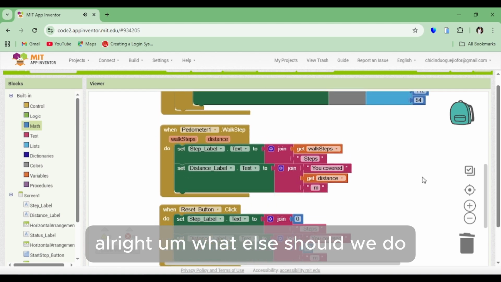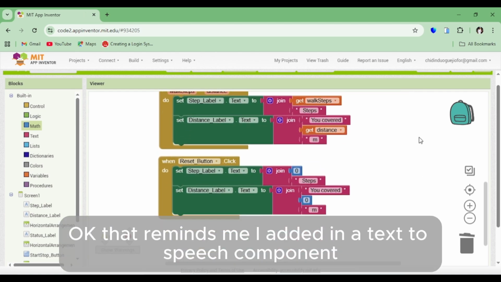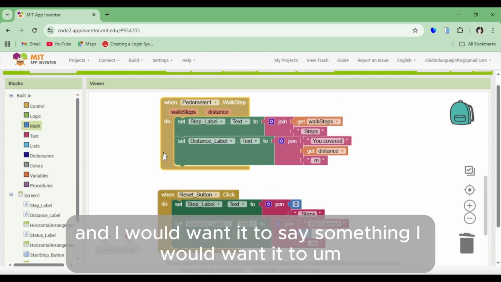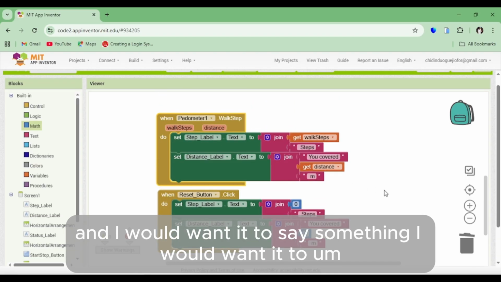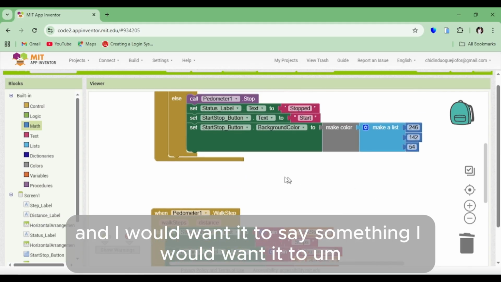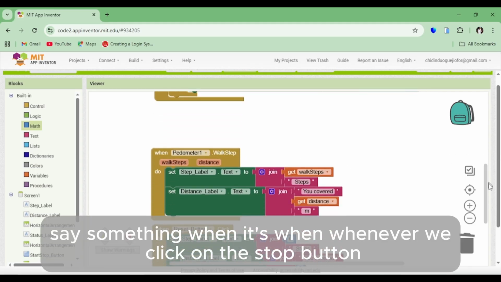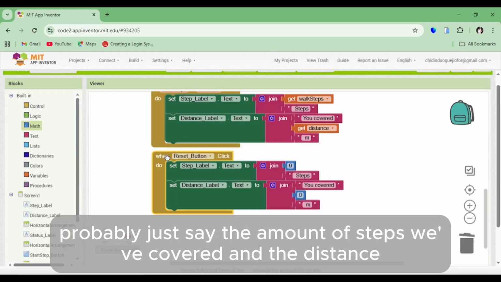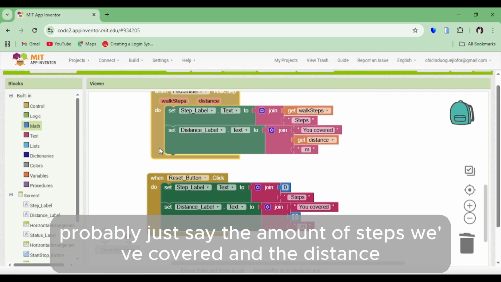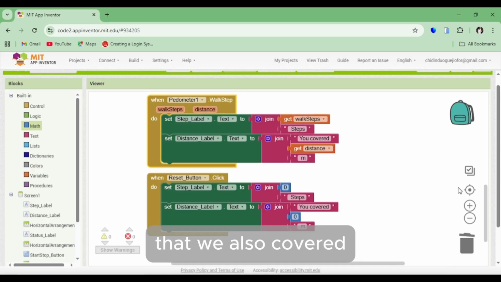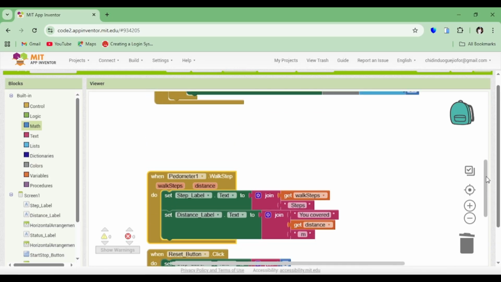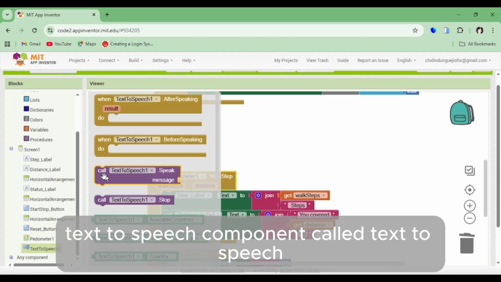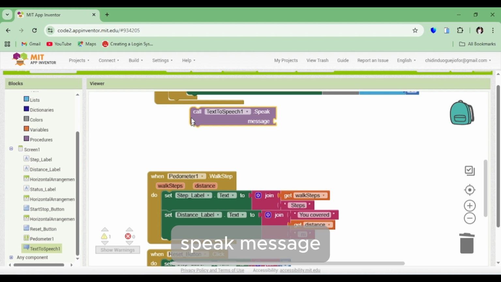Alright, what else should we do? Okay, that reminds me, I added in a text-to-speech component, and I would want it to say something whenever we click on the stop button. Probably just say the amount of steps we've covered and the distance that we also covered. So now I'm going to get this text-to-speech component called text-to-speech message,